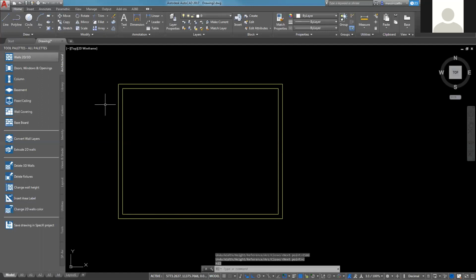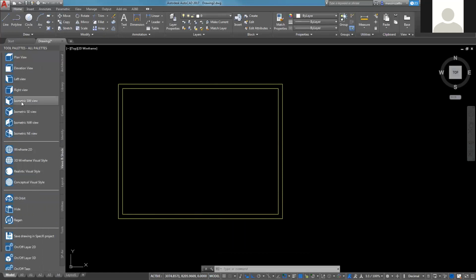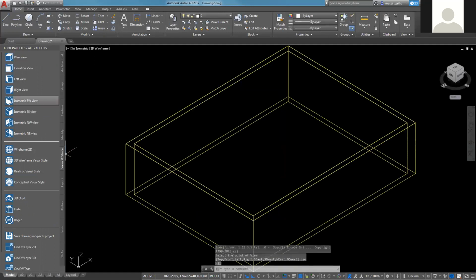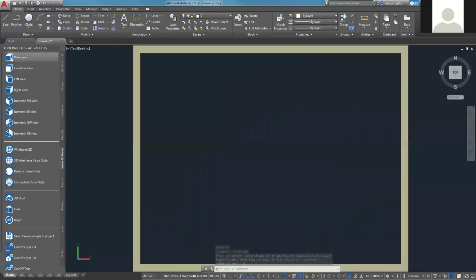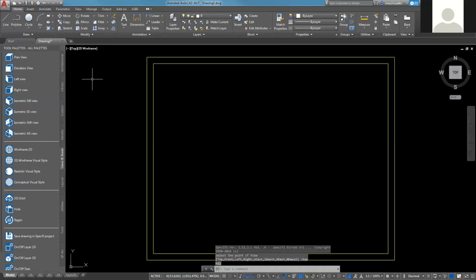I can see that my room has been closed, and now if I want I can move to view and shade, and I can change the point of view from the plan view to isometric view just to see how it looks like. We can also apply realistic visual style. We can come back to the plan view, and now if we want to add an internal wall, coming back